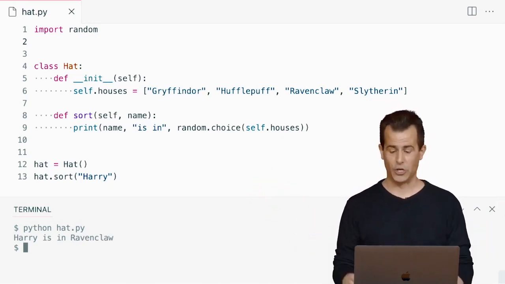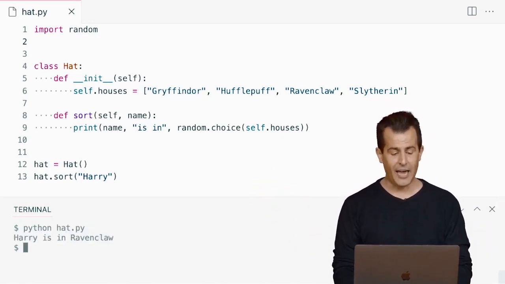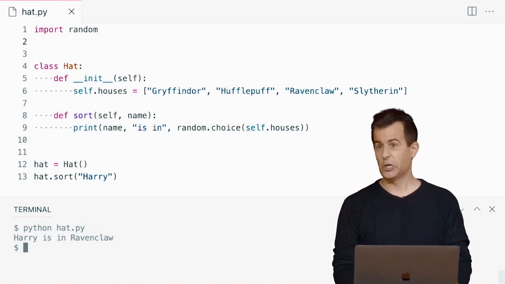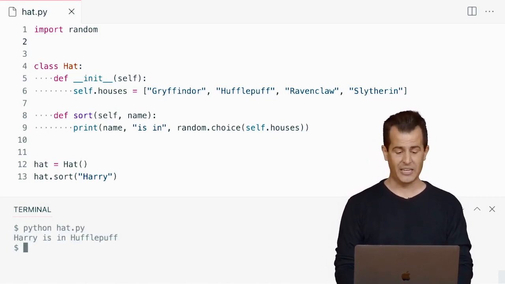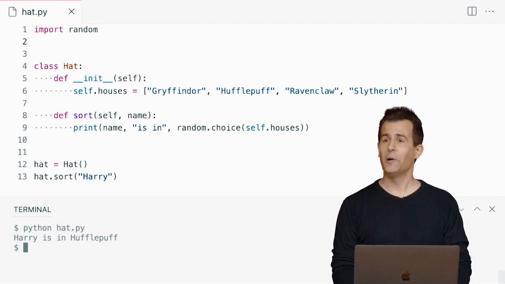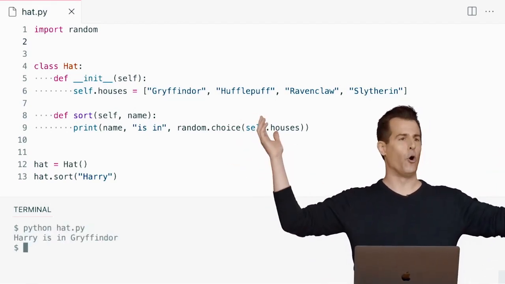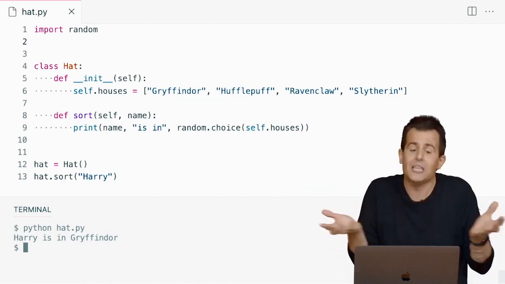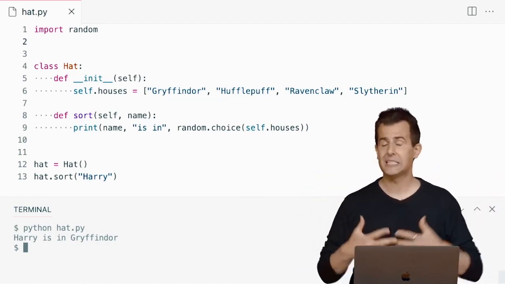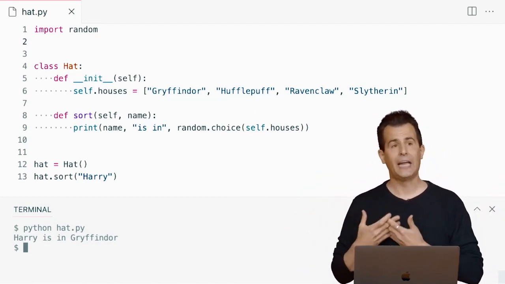That's consistent with using random. Let's clear that and run it again. He's still in Ravenclaw, but that could happen even though there's 4 choices. Let's do it again. Hufflepuff, back in Hufflepuff. We can't seem to get the right answer, so to speak. Now he's in Gryffindor, albeit randomly. So we seem to have a program that, based on these limited tests, seems to indeed be assigning Harry to